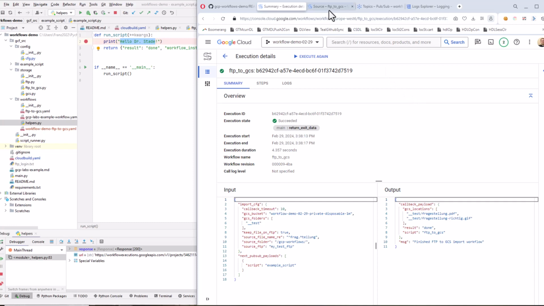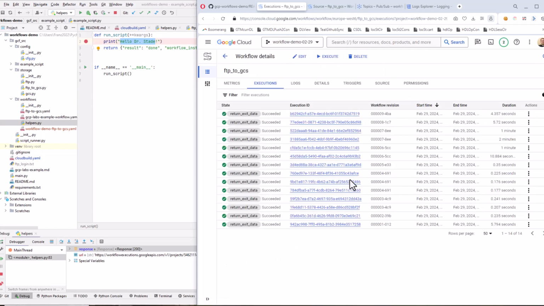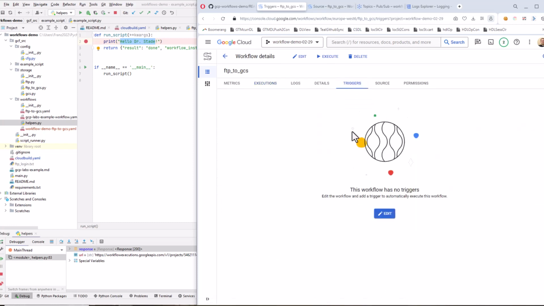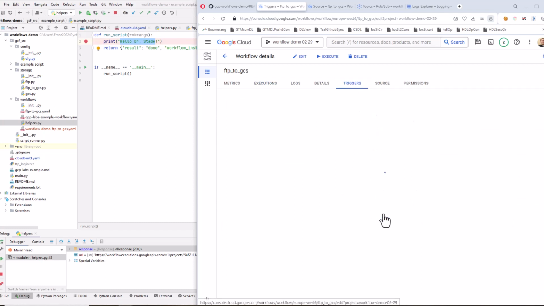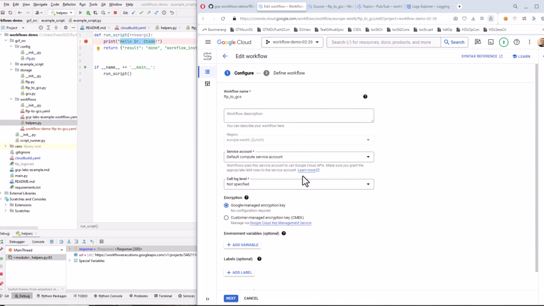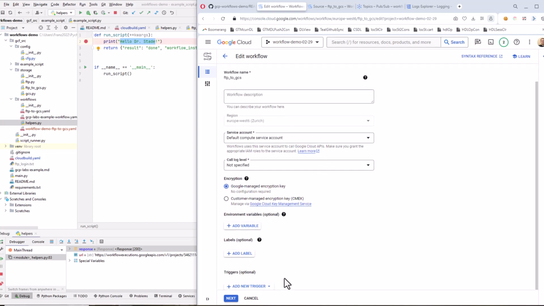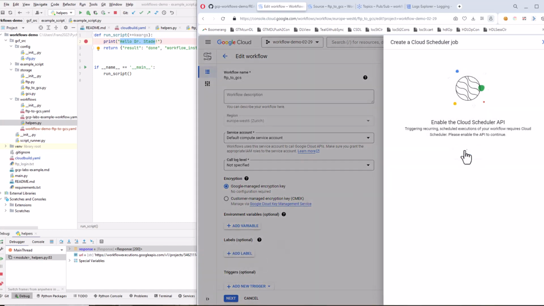So last but not least, let's take a final look at triggers. We haven't set up any triggers here, and triggers are a double-edged sword, but they're actually pretty powerful. So we can say we want to add a trigger. That means we want to run this workflow automatically when something else happens, and this can be good old time-based cron job by a cloud scheduler. So you can first enable the API,